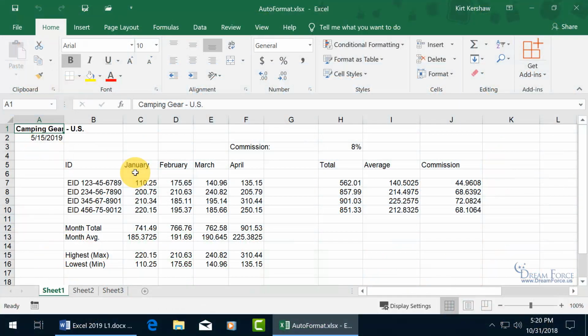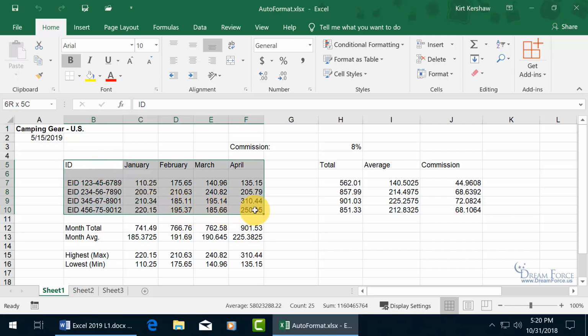The AutoFormat feature contains a gallery of predefined formats that you can apply to a range of cells in a single click. Like I'm looking at this data range here, and if I want to offset the column labels with some fill color, a different type of font, as well as the row labels and maybe a number format for the numbers here, well, you can see what's available in the AutoFormat gallery by coming up here on